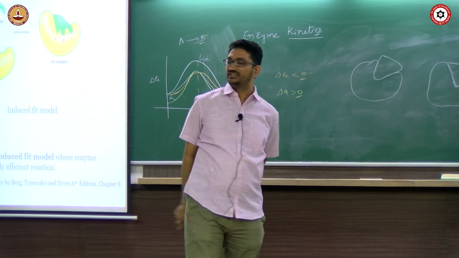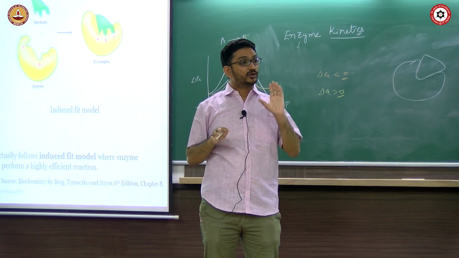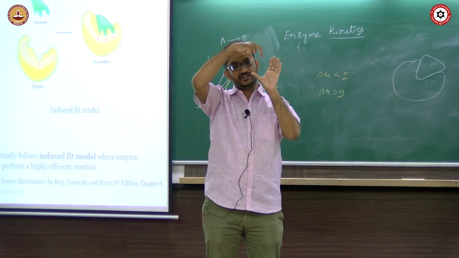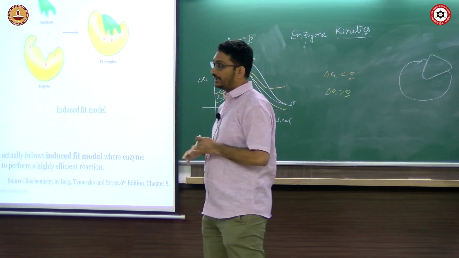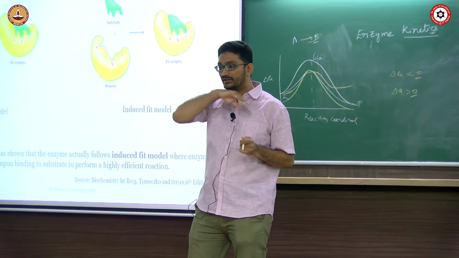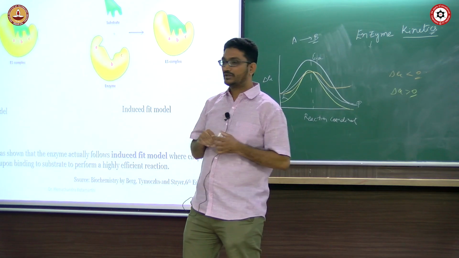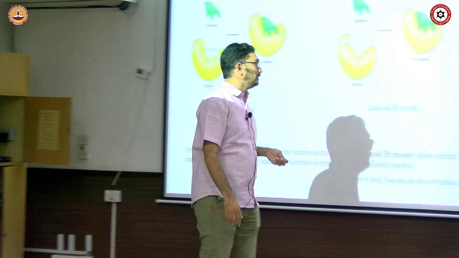Okay, so this is just a cartoon representation, but I have shown you the structures of enzymes, right? So this is how enzymes create a local environment for the substrates, and then they do the reaction. Okay, so I guess you have understood and appreciated how enzymes work. Now shall we move on to the kinetics part of it? We'll do some mathematics and derive the expression of what I have shown you before.